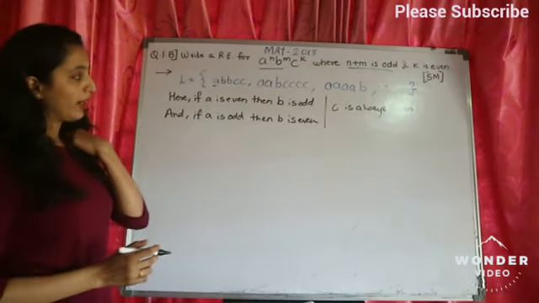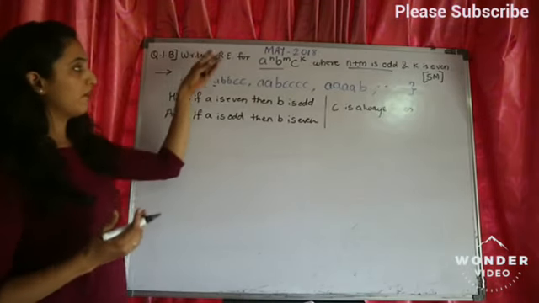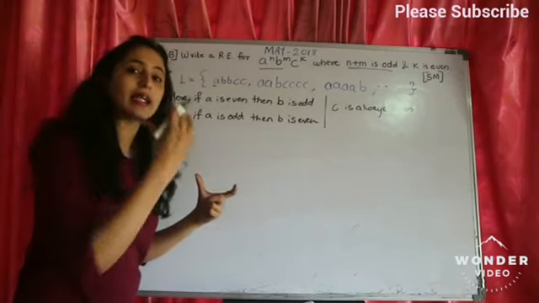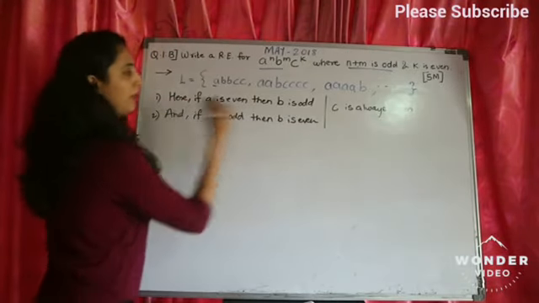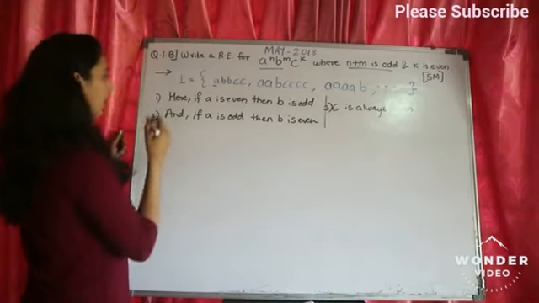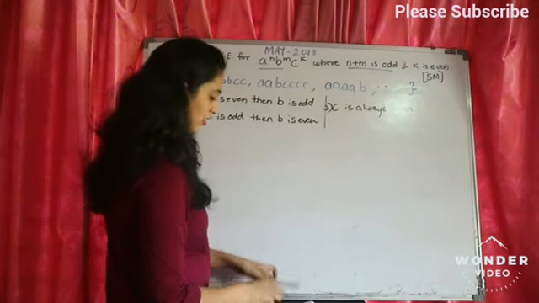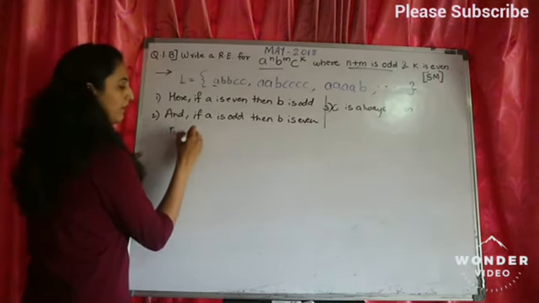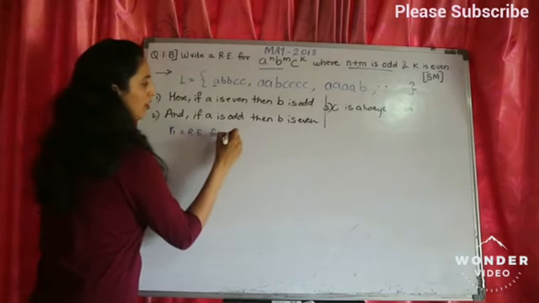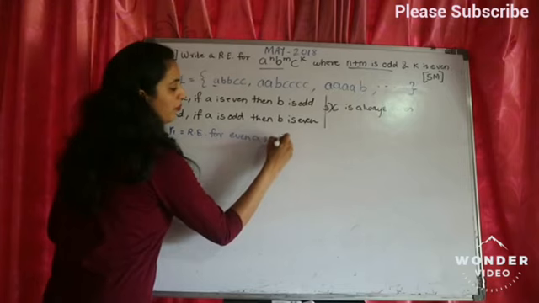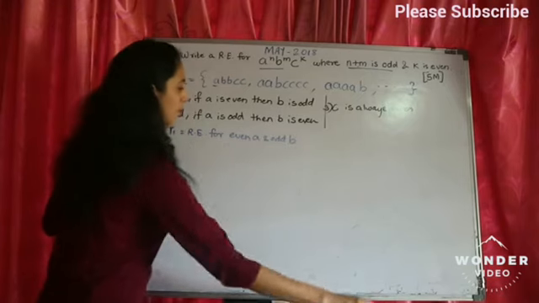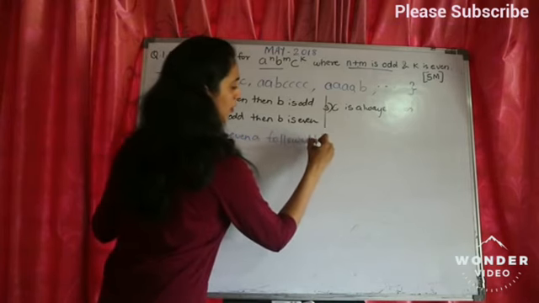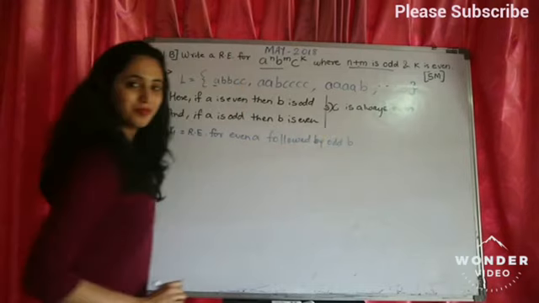Now let us try to identify the regular expression for the whole. But instead of identifying it for the whole, let us identify it in parts. So this can be the first part, this can be the second part, and this can be the third part. For the first part, I'll say R1 is a regular expression for even A and odd B. Even A followed by odd B, because it is not just A and B, it is A followed by B.